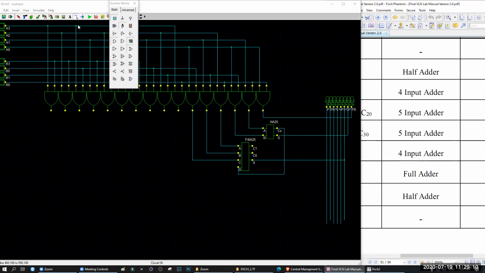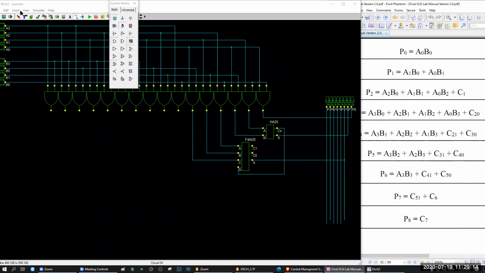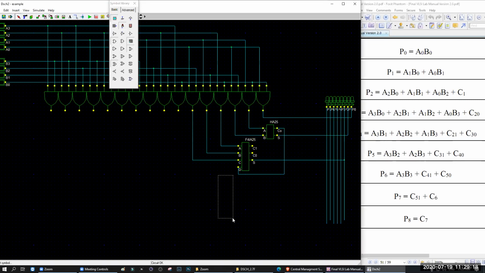A 5 input adder. Okay, let's call. I'm calling a 5 input adder. So here who will be added?